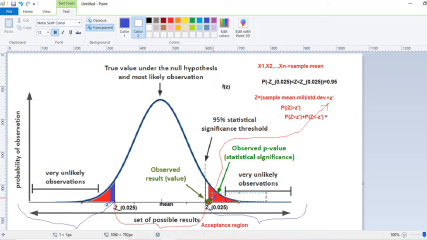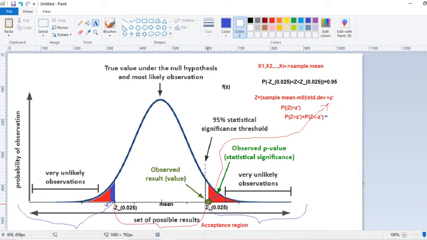So two points, minus z dash and plus z dash. This point and this point. So in between minus z 0.025 and z 0.025 there is a gap, and also in between z 0.025 and z dash there is a gap,